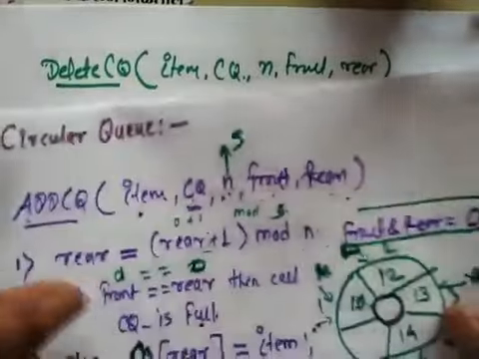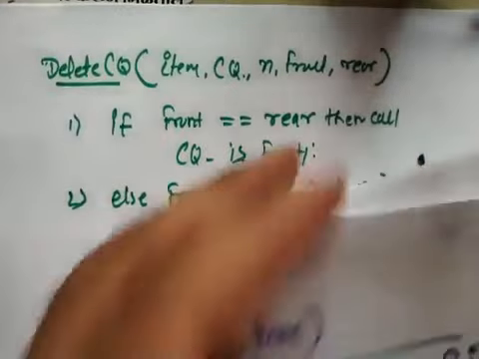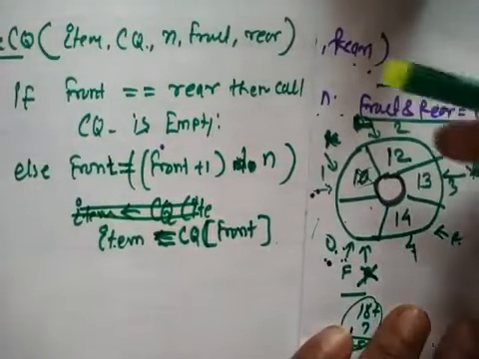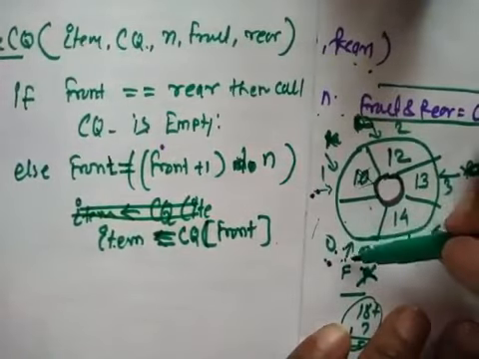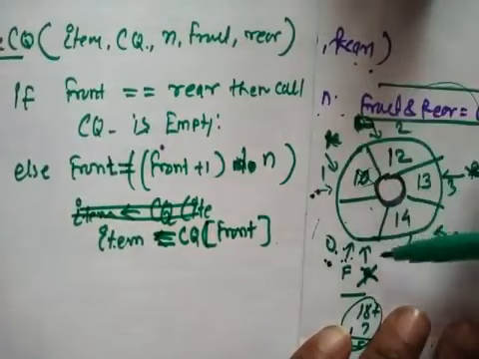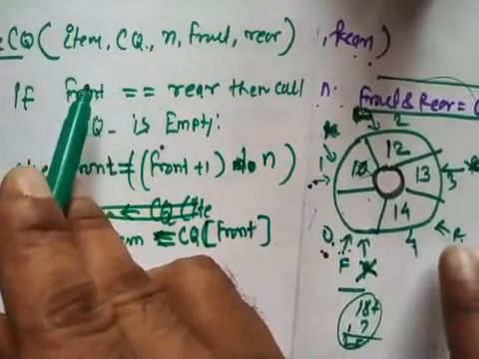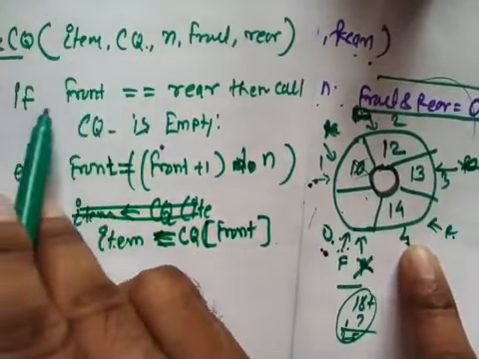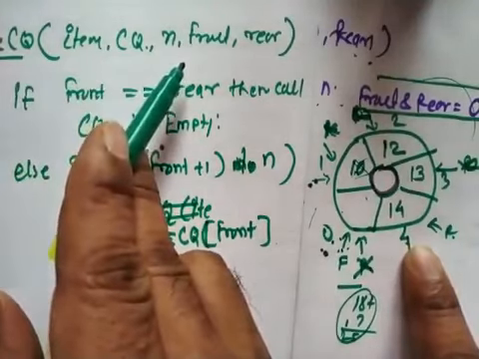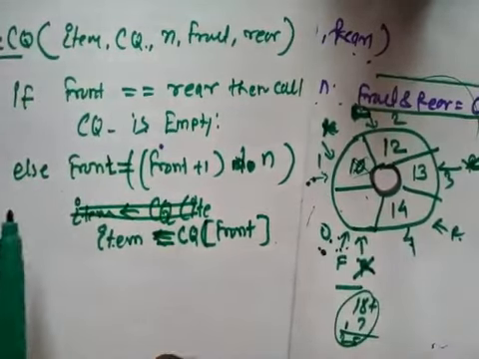Now let's see. This is our previous queue where we inserted elements. Now we are going to use the logic of delete. Initially your front is pointing to index 0. The queue is full. Now check whether front is pointing to the rear position. What is the rear value now? Rear is pointing to index 4 and front is 0. So 0 is equal to 4? No, the condition is not satisfied, which means the queue is not empty. Then you can delete an element from the queue.